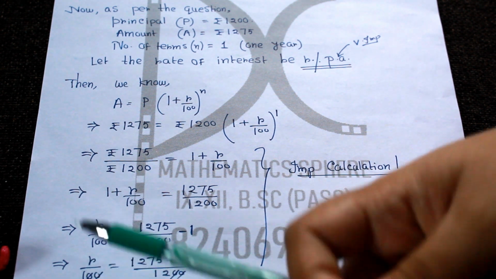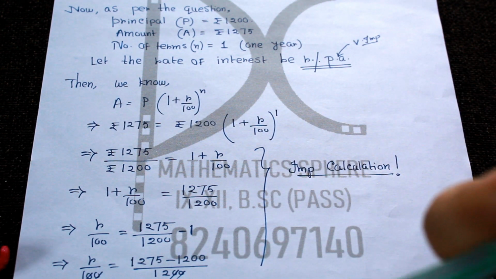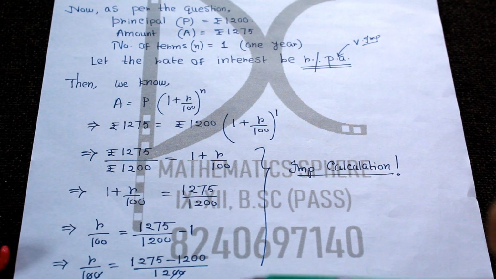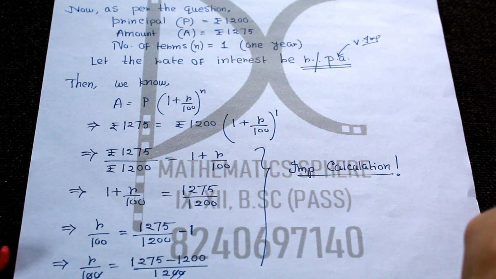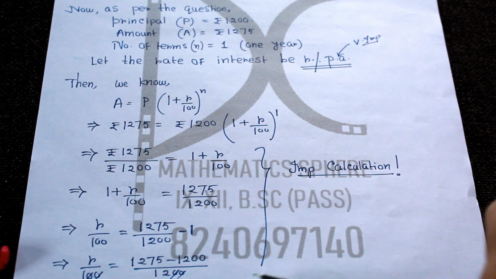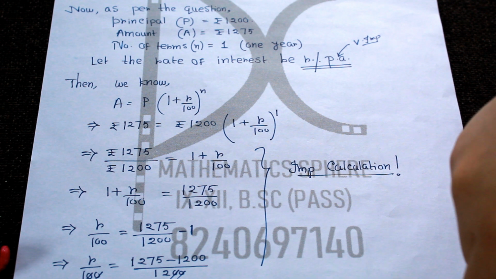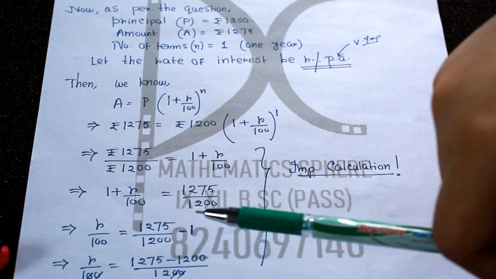Okay, see the r has become alone. Our motto is to solve the r only now, the simple linear equation, nothing else. So r equal to, we have got it as 6.25, or you can keep it as 6 1 by 4. Okay, here no unit is there. We have considered r as r percentage per annum, the rate.